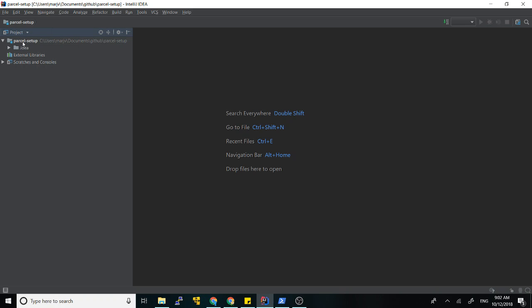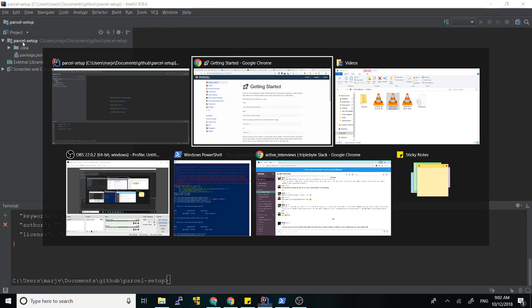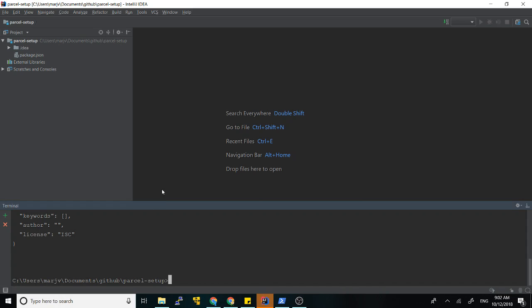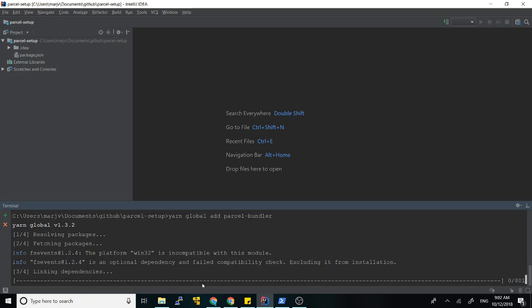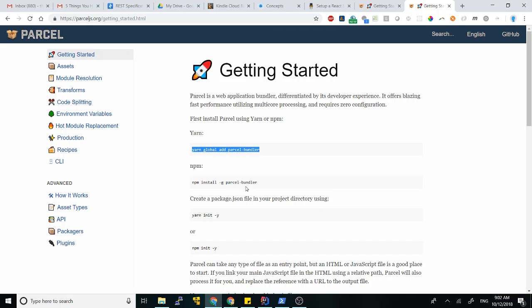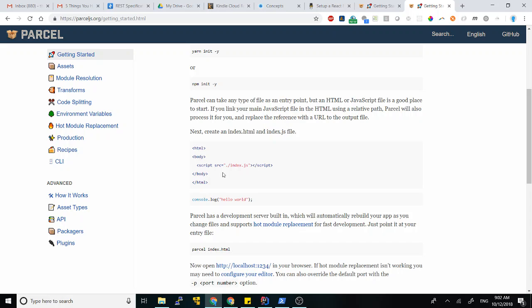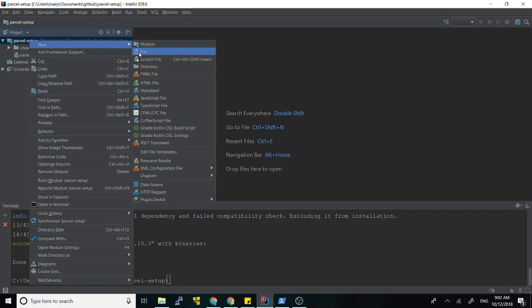I'm going to go ahead and initialize it as a node project by saying npm init. I already have this, but I'm going to go ahead and add these instructions. It doesn't really do much in Windows because adding stuff globally doesn't get added to your file path. So we're going to see how to get around that later. We already init the file, and now we're going to create a new file right here called